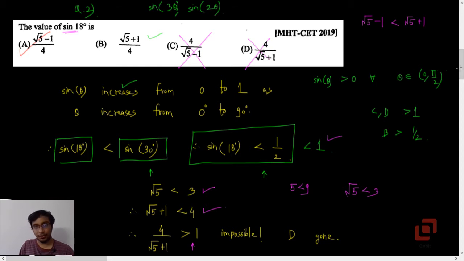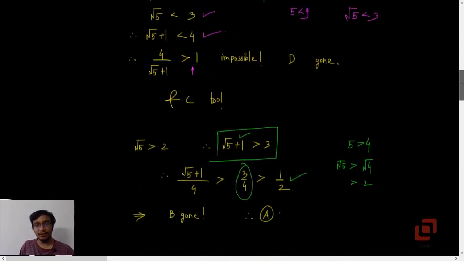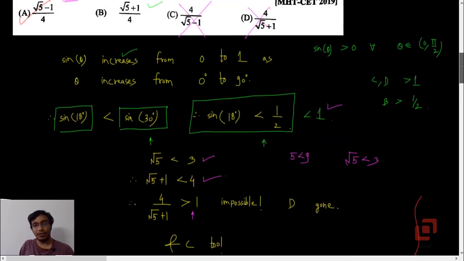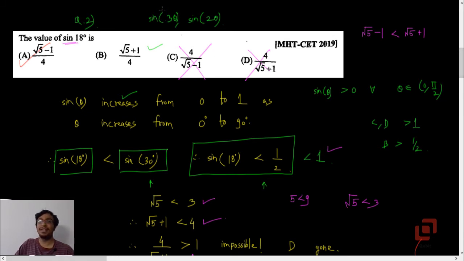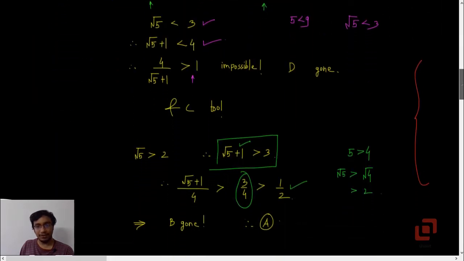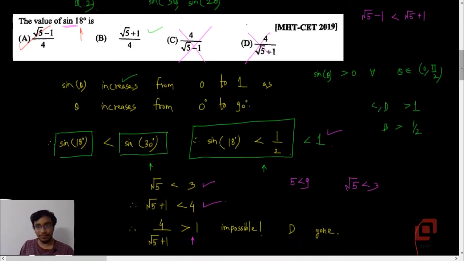These properties of the sine functions and the inequalities that we have used here will save your time, and it will also not require you to remember many formulas, sine 3 theta, sine 2 theta and all other stuff. Now what many students would prefer to do is they'll mug up the values of sine 18, cos 18. But whenever you mug up, there is always a good chance that you will get confused. Is it root 5 plus 1 upon 4 or is it root 5 minus 1 upon 4? So try to come up with such innovative ways to solve the MCQs like we have done here.